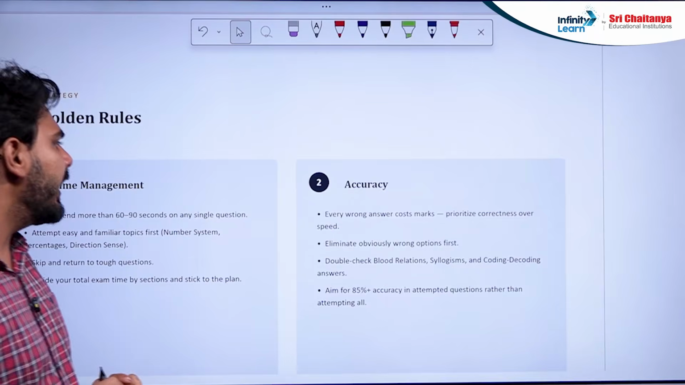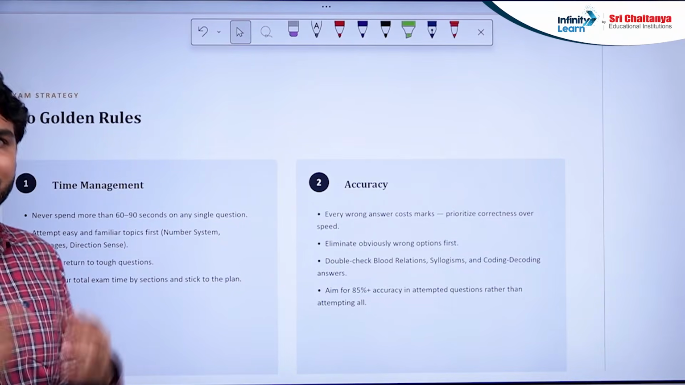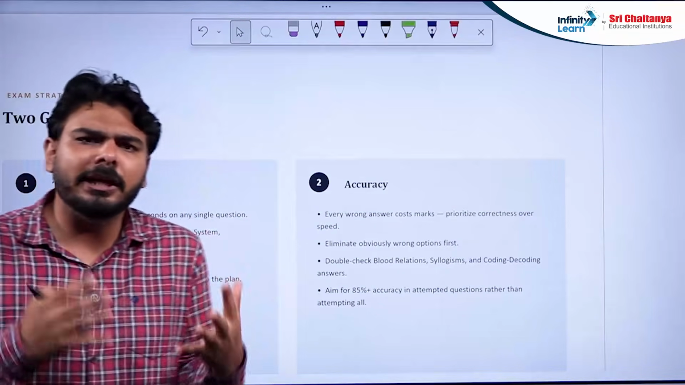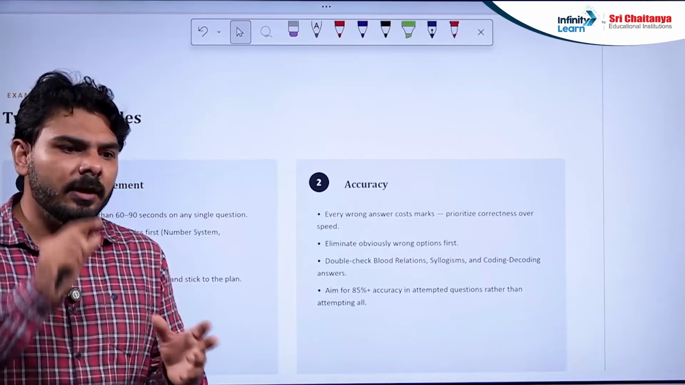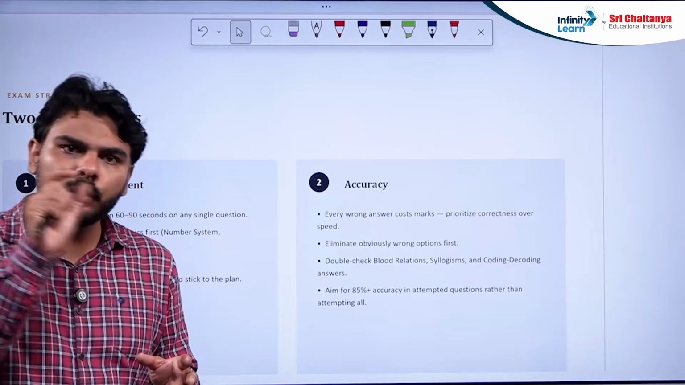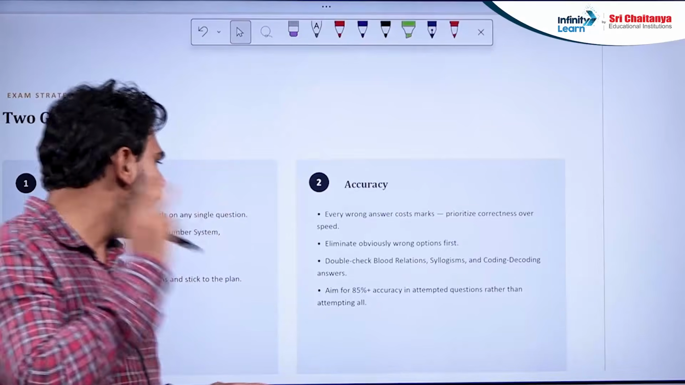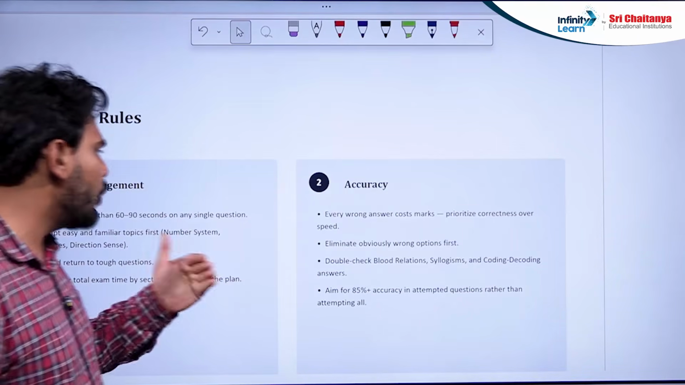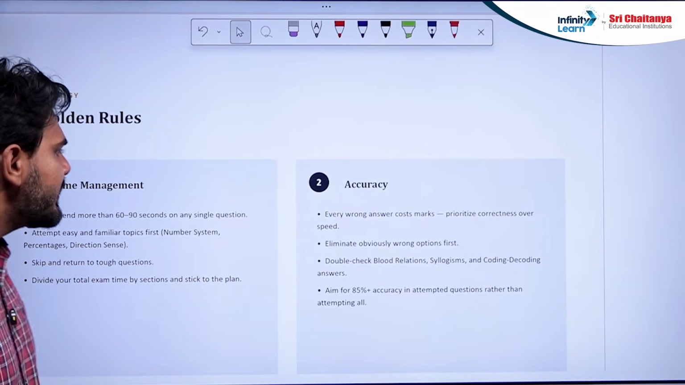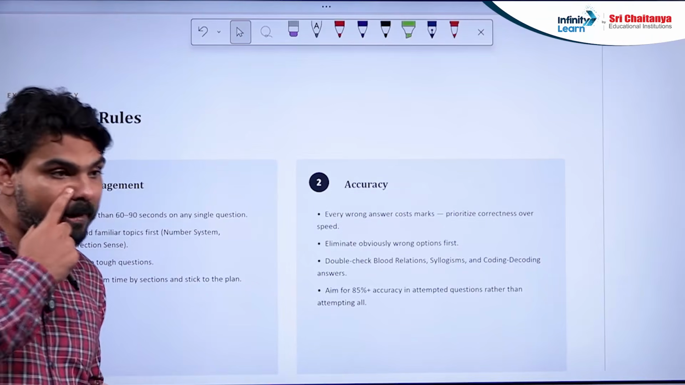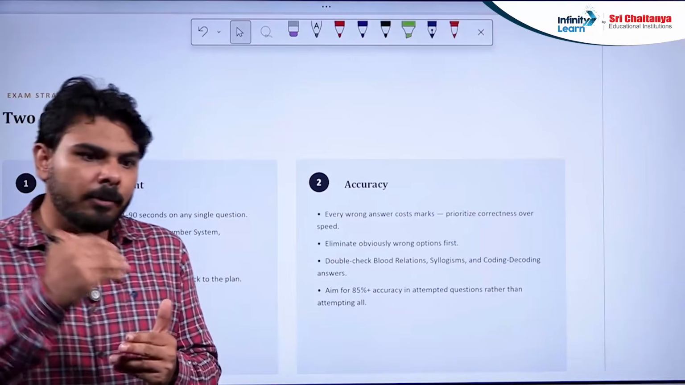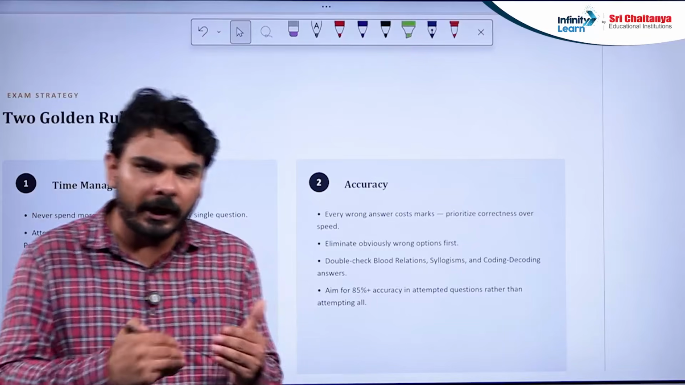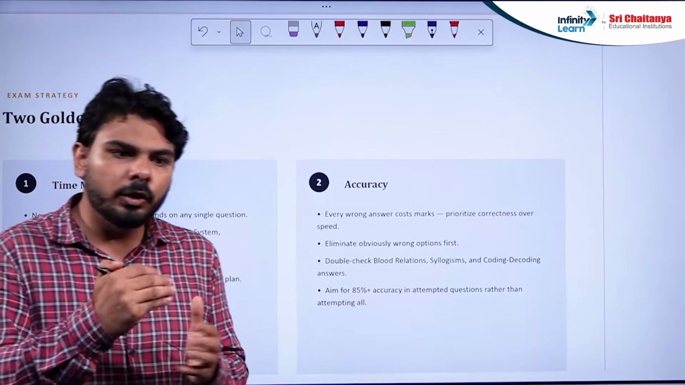The second point is to eliminate obviously wrong options. This is the thing that every teacher also told you in class, that you have to first skip those options that you feel are wrong. Third, double check some topics. These are blood relations, syllogism, coding-decoding. You have to just see whether you have attempted that question correctly or not. You have to double check that answer, because sometimes in a hurry, doing the question fast,